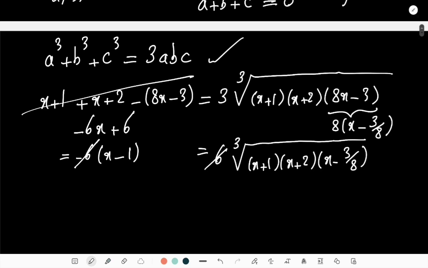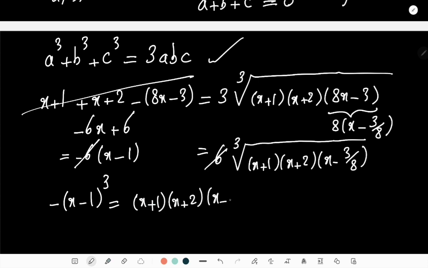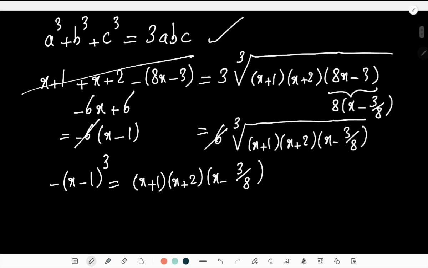So now if I raise both sides to the power of 3, then what I will get is this. So then I have minus x minus 1 to the power of 3. Okay, this is equal to x plus 1 times x plus 2 times x minus 3 over 8. Okay, now basically I have to somehow